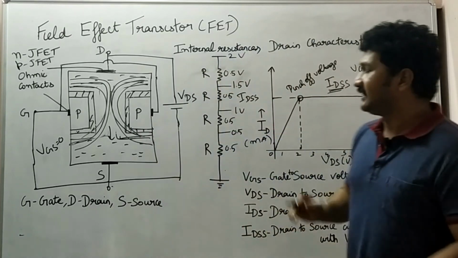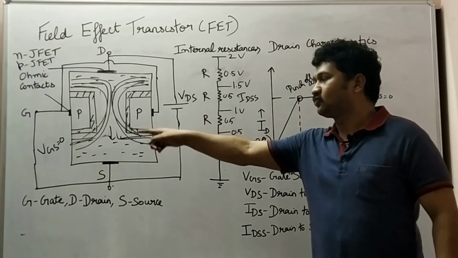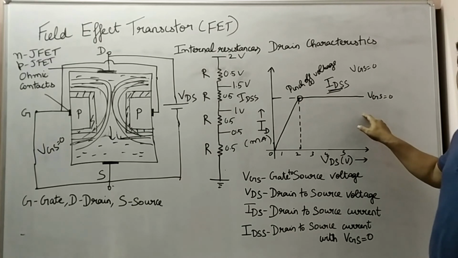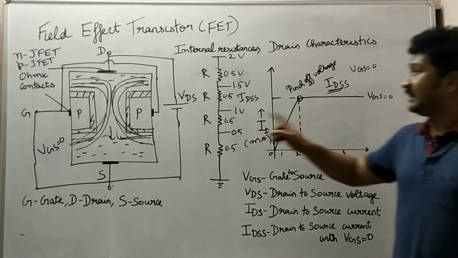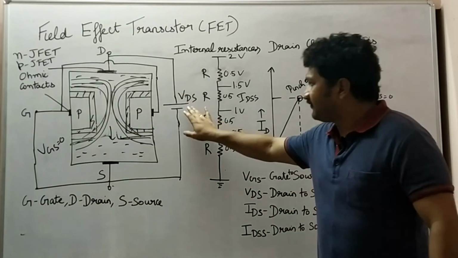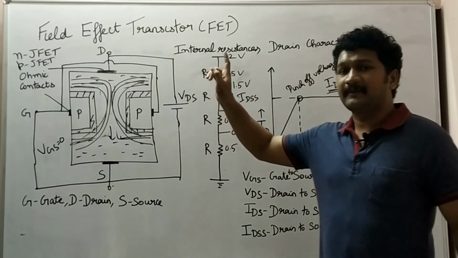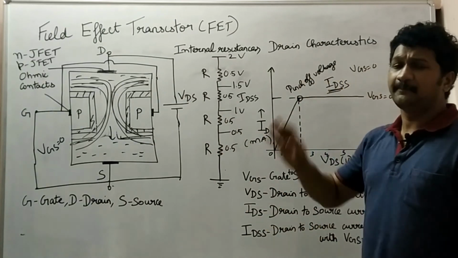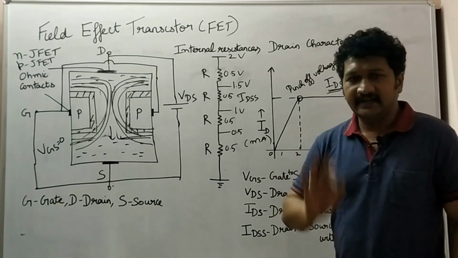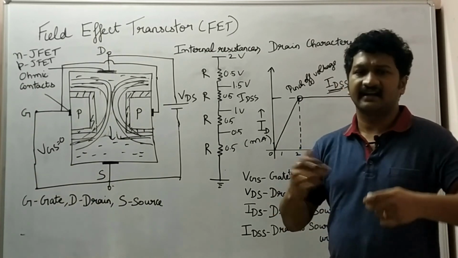So we have to understand that when VGS is equal to 0, which means there is no influence of gate to source voltage, the drain current will be maximum. Okay, that is the concept, and we have to note that this VDS, drain to source voltage, is reverse biased. If and only if it is reverse biased, the electrons will be attracted from source to drain. This is applicable for N channel JFET. For P channel JFET, drain to source voltage must be reverse biased. Always remember, drain to source voltage must be reverse biased, then only we can get the current flow.